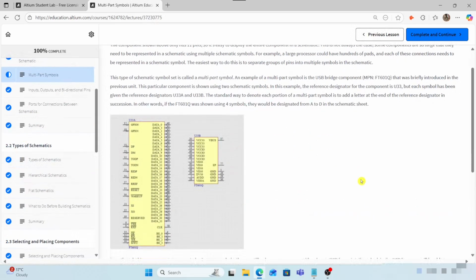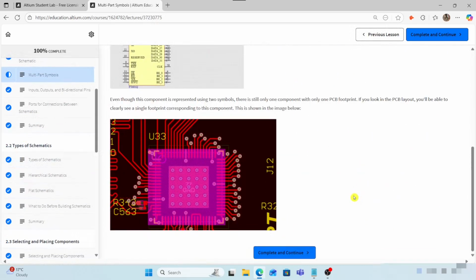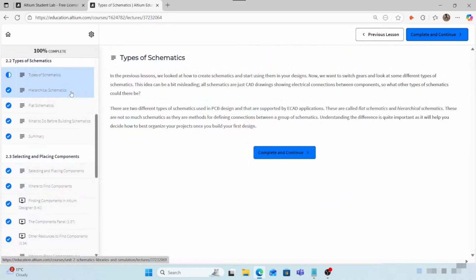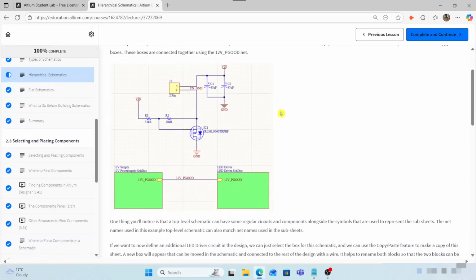You'll get an introduction to multi-part symbols, understanding schematic symbols and pin mapping, an introduction to hierarchical and flat schematic types, and when to use them,